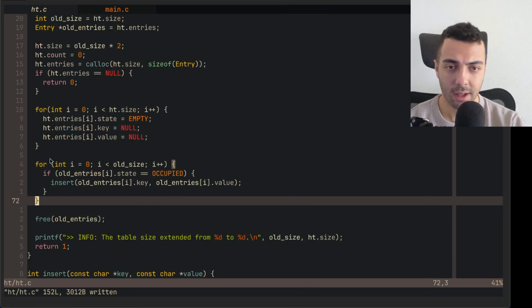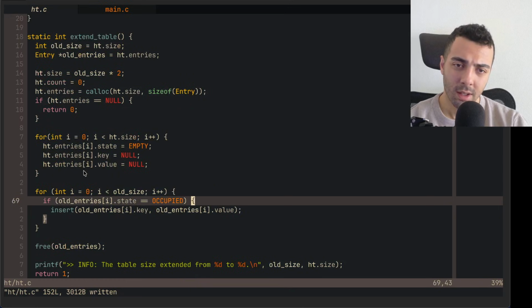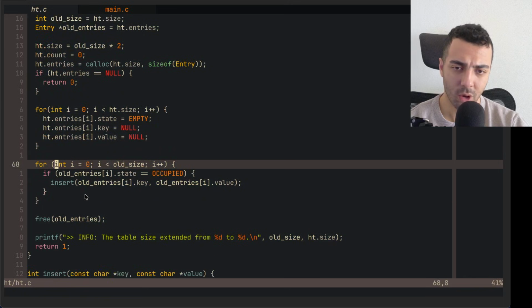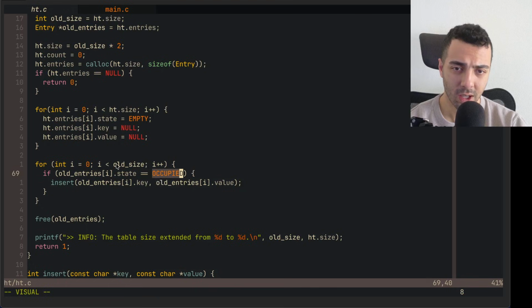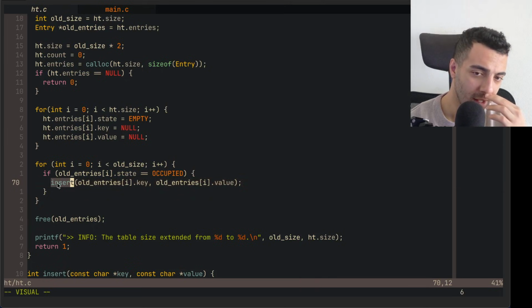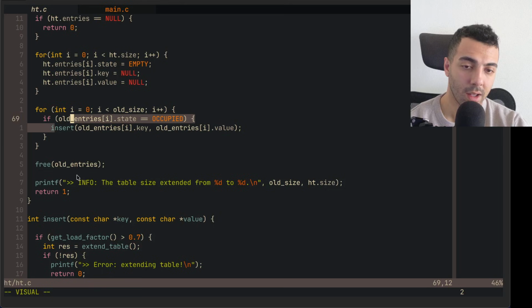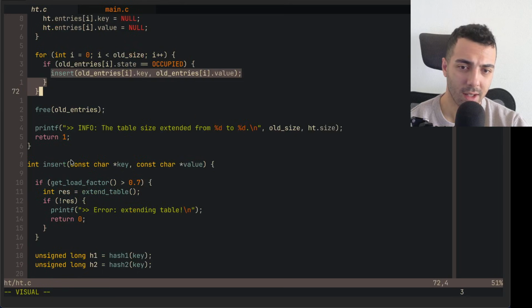Okay, and then what am I doing? I'm just emptying everything, putting all to null and empty, and then I'm looping over all the entries, and if I find an occupied one, I just take that and insert it again. Where? Here, because I think then that's gonna have a